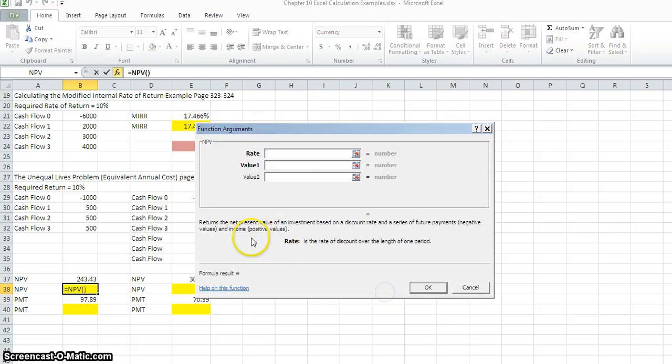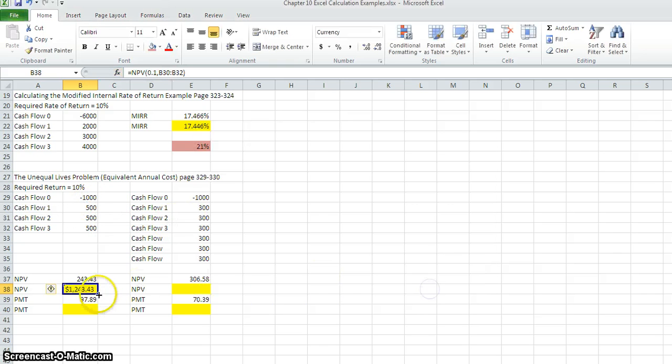We did f of x and find NPV. And OK. We're assuming we can earn a 10% rate of return. I'm going to highlight the values, the $500 at the end of each year. If I hit OK, but again, I've got to remember to subtract out my initial cash outlay. So that's